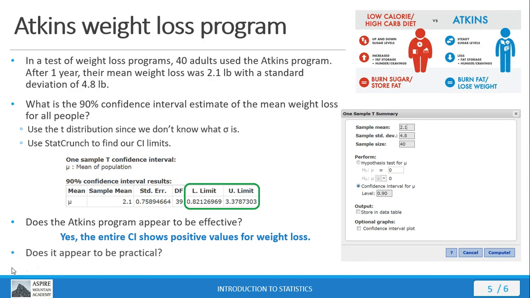Does it appear to be practical? Well, I hope here you say that it doesn't appear to be practical. Okay, so the values here are rather small. Again, after 1 year, you're losing somewhere between 0.8 and almost 3.5 pounds. After a year, that's not very practical at all. So,